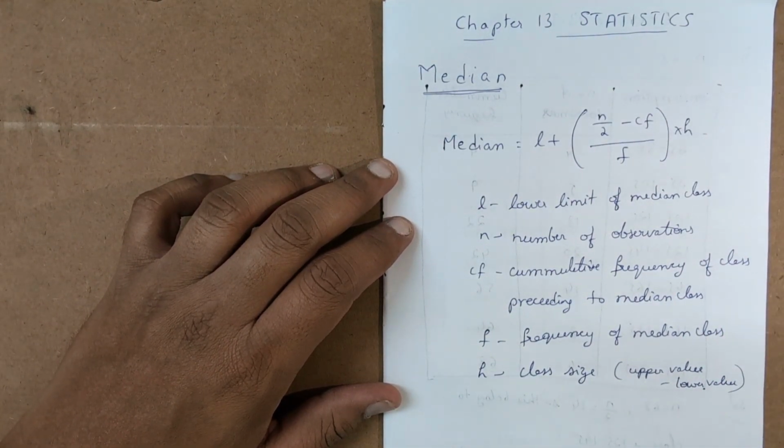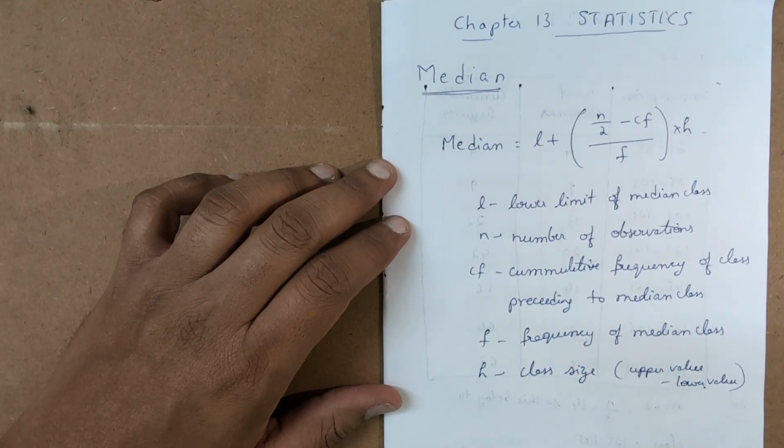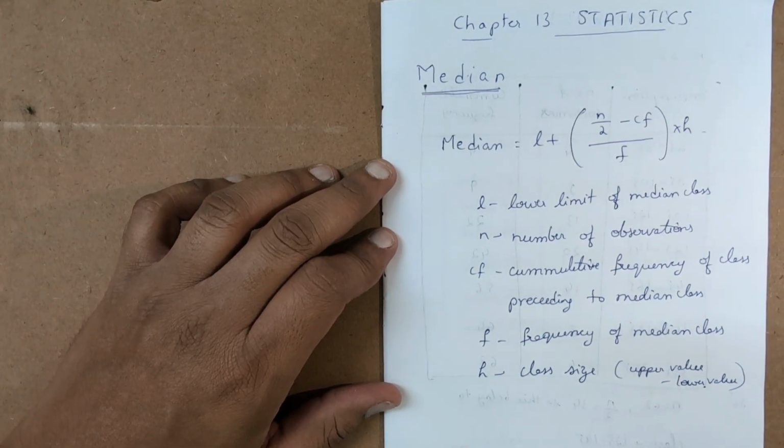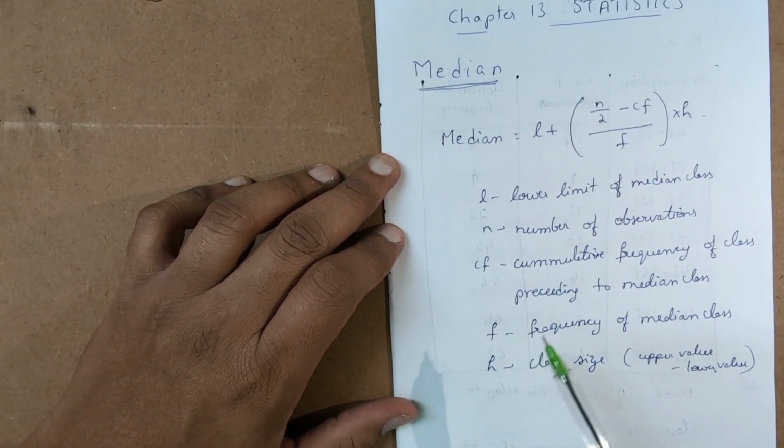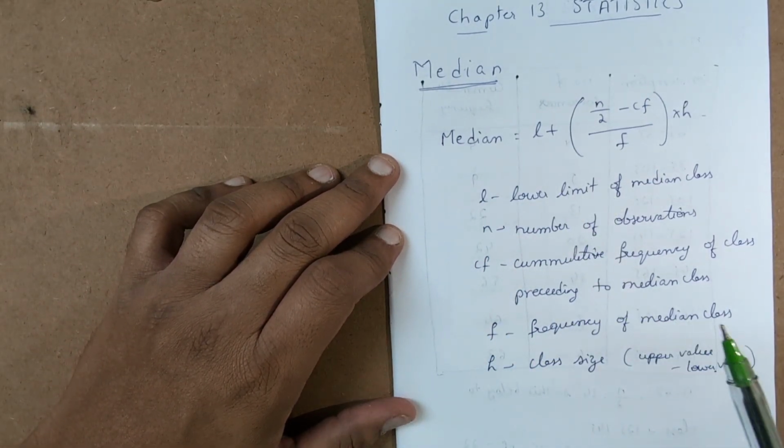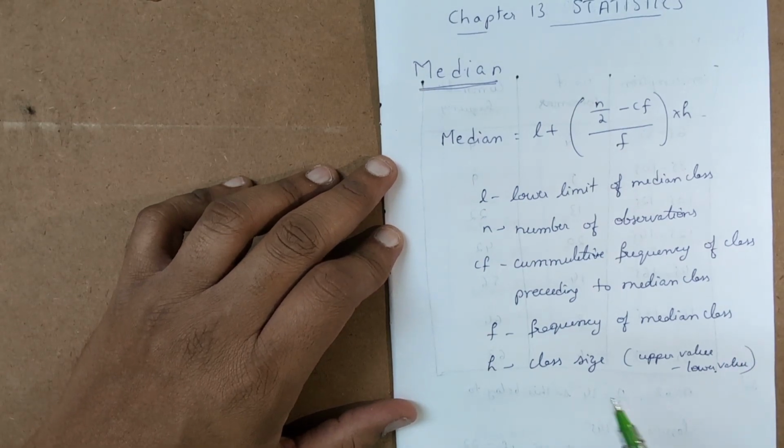So today we are going to discuss chapter 13 statistics, and today's topic is the last one, that is median. So the median formula is only one formula. The median is L plus (n by 2 minus Cf) by f into h, where L is the lower